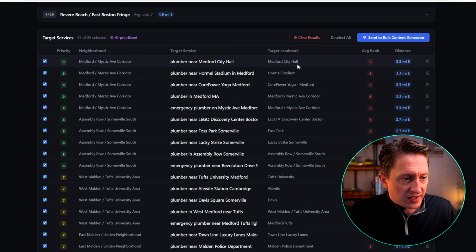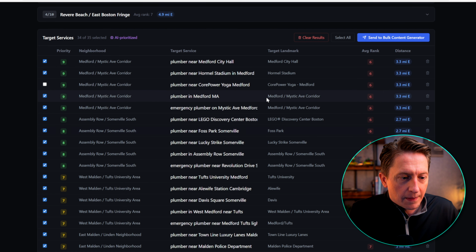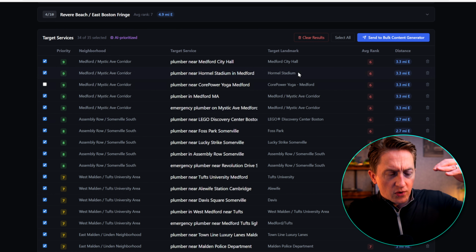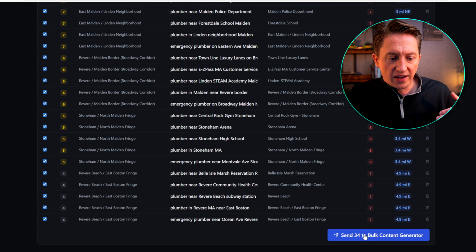So we have the Medford City Hall, we have Hormel Stadium. So this is a yoga studio. We don't really want to write stuff about the yoga studio, so we'll untick that. Just the general Mystic Avenue corridor, the Lego Discovery Center. So we can go through all of these different landmarks, decide which ones we like, and send to the bulk